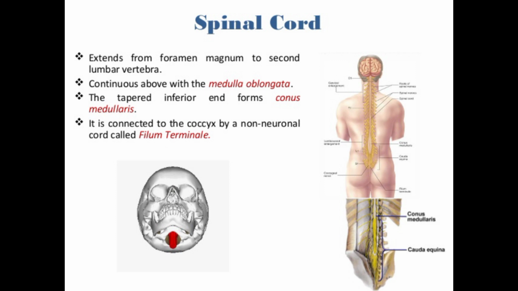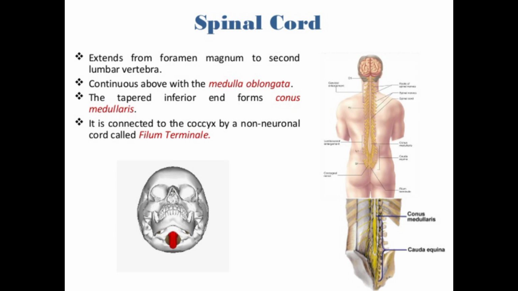The class is on the spinal cord. First you have to know what is the length of the spinal cord. The length of the spinal cord is about 45 centimeter, and you can see in the figure here, it occupies the upper vertebral canal. This is the structure you are looking at, the spinal cord. It is about 45 centimeter in length and occupies the upper two-third of